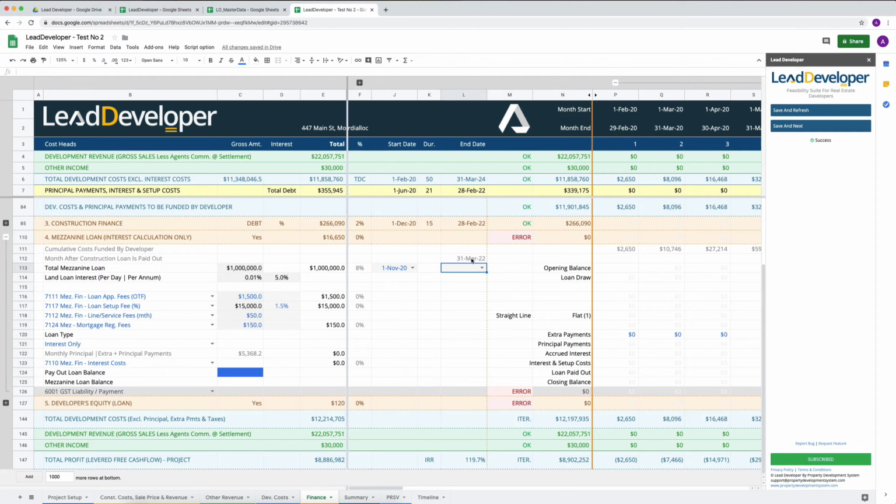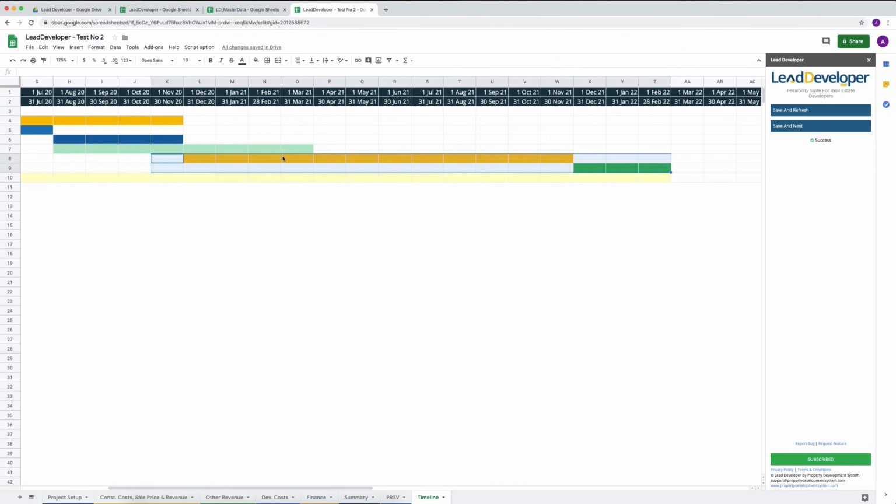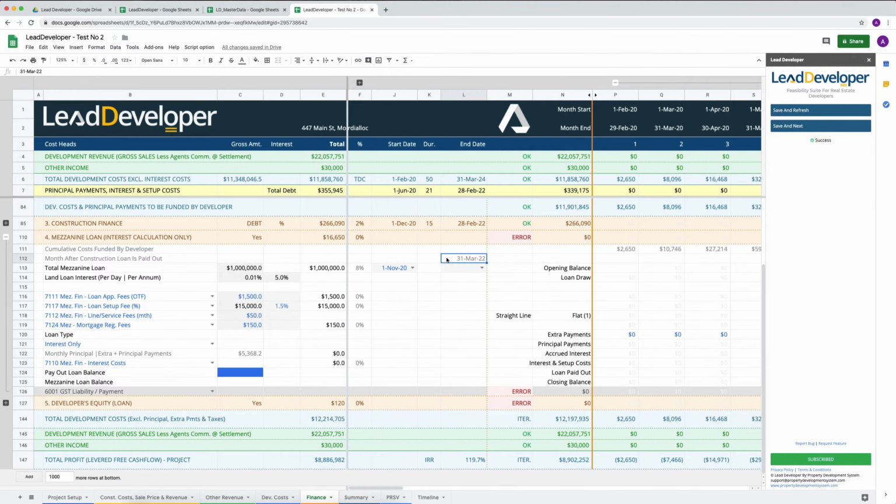Now, this is already giving you a prompt over here. You see, month after construction loan is paid out, so that you do not have to keep looking back onto your timeline. So it just calculates and puts it over there. But because it is totally manual, so that you decide when that loan is coming in and how it is getting paid,